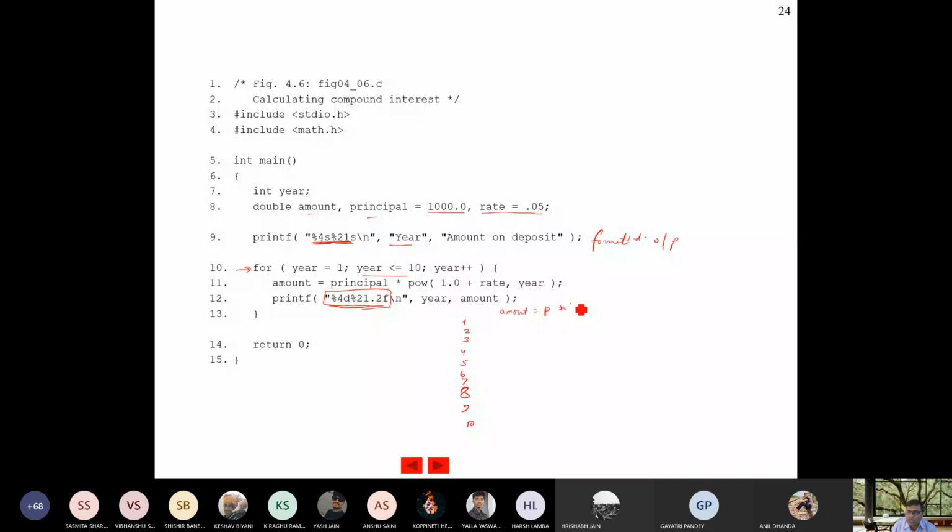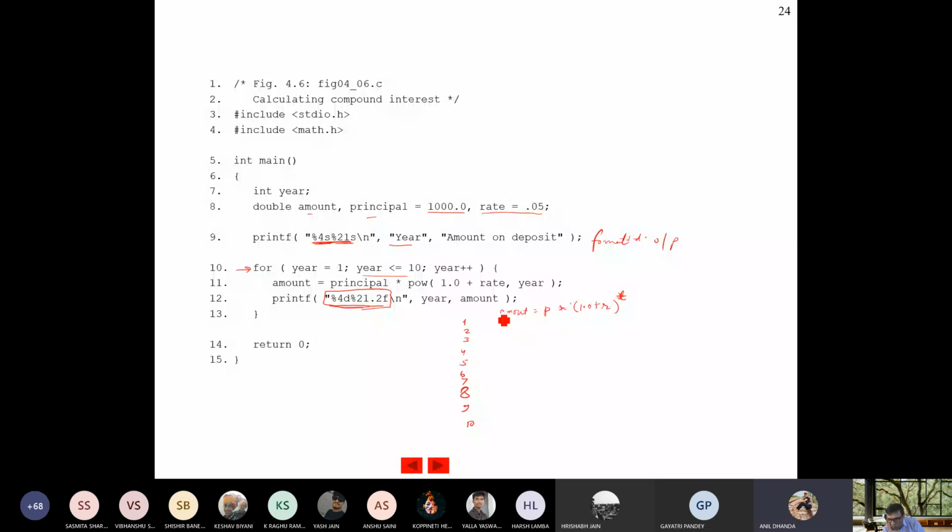Power is given as 1.0 plus r to the power year. Suppose I denote this year by t. This is the formula for compound interest, which you know very well. It will be calculated and run 10 times, and the amount will always increase in exponential order. Yes or no? Any doubt?